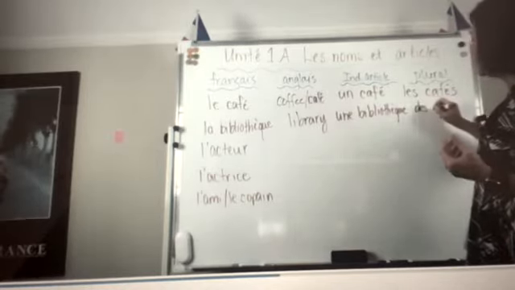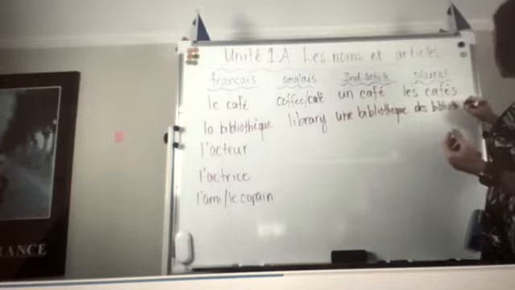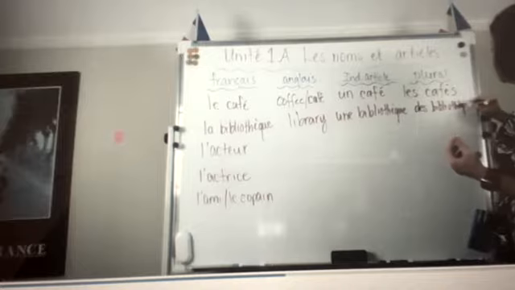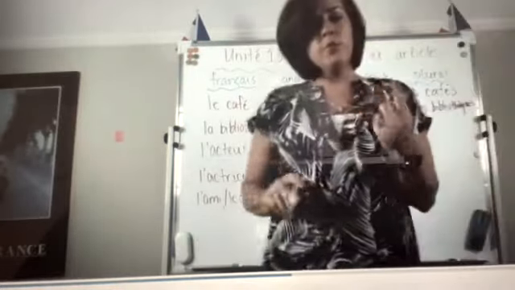So here I'm going to put des bibliothèques. And I've written a little bit too big, so I'm squeezing it in here. But you have your columns and you'll be fine. All right, let's do one more, and then we'll stop doing this, and we're going to go through the écouter et répéter,